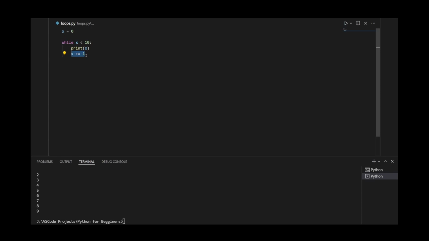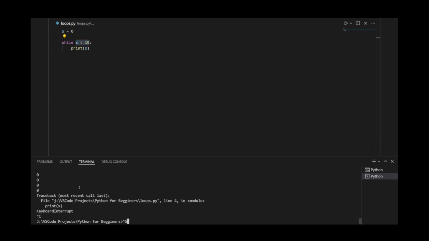If you don't increment x, meaning x is always going to be 0, we're going to run into a problem because we're always just going to keep printing 0, 0, and 0. And you might not be able to notice it, but the code is still running and it's always printing 0. So because this condition evaluates to true always, the code is just going to keep running. Now I'll just press Ctrl C to cancel any code running in our terminal,